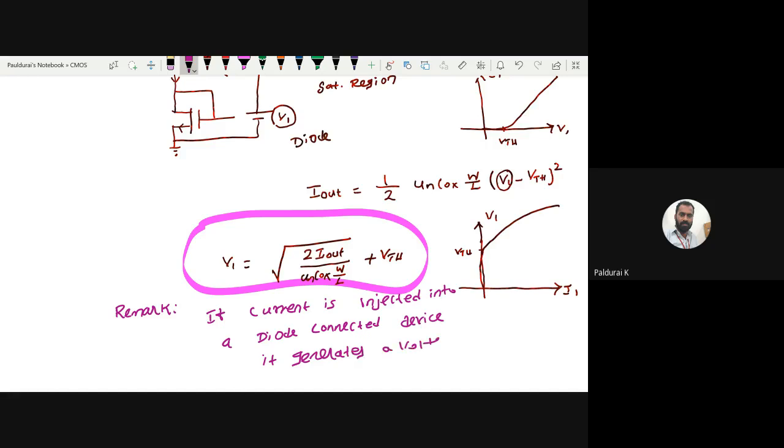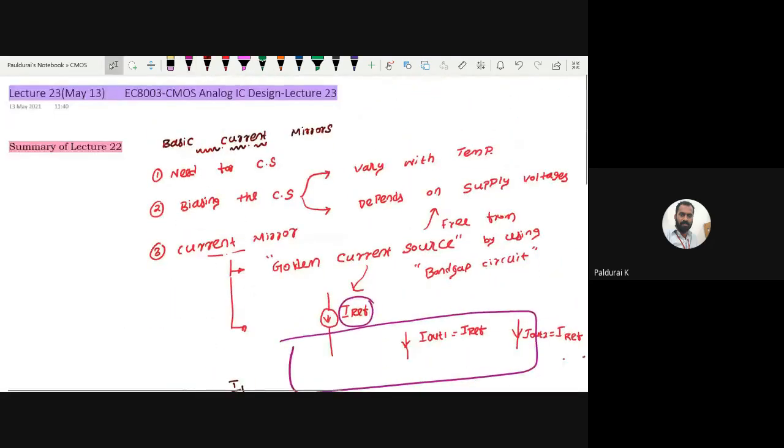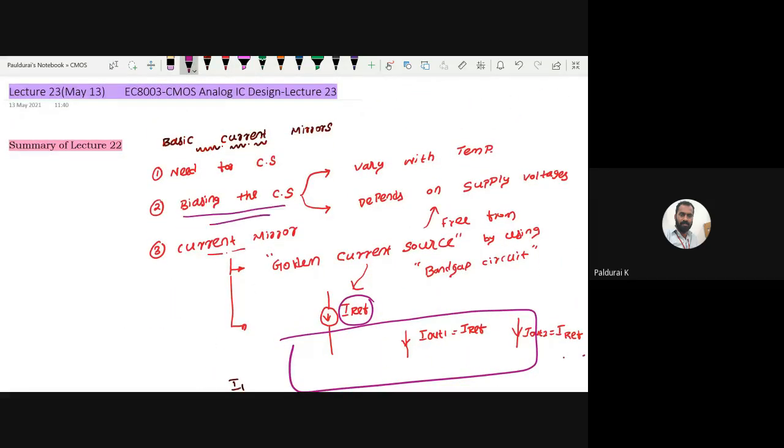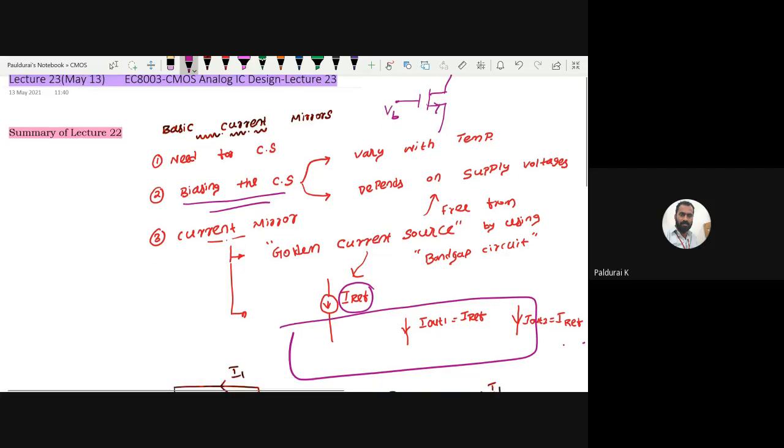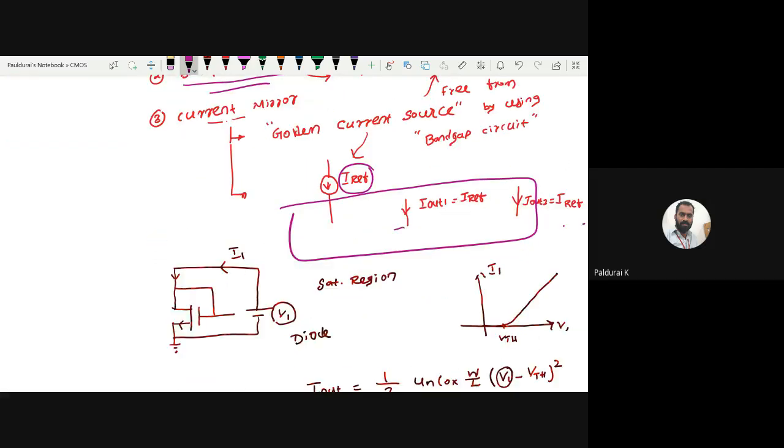voltage, right? What is special about this voltage? It is a magical voltage. This is the biasing voltage for this current source that we were searching for. When biasing this current source, let me take this as my current source, it may be NMOS or PMOS. We were looking for the biasing voltage, right? So even here, assume I am having some,